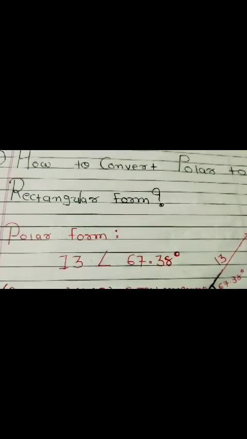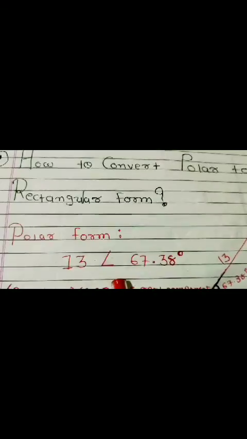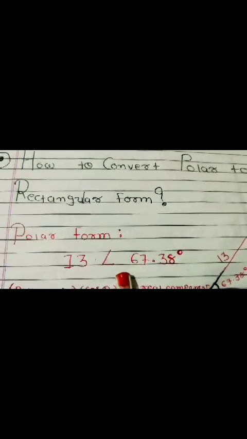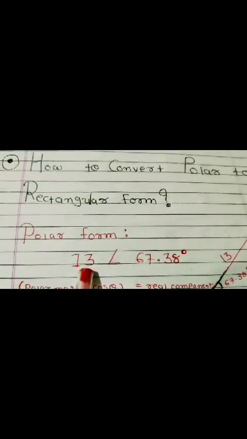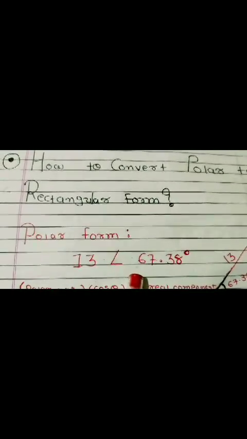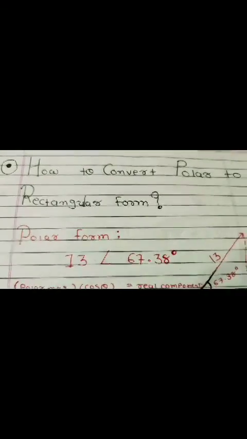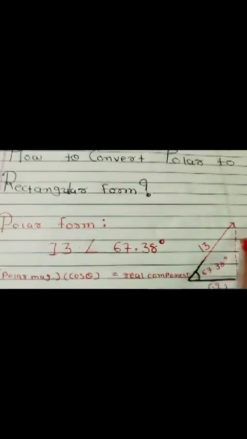So in a further example we get an answer like this. To verify it, I am putting a polar form like this: 13 angle 67.38, and first you have to